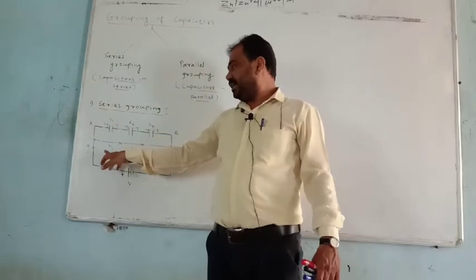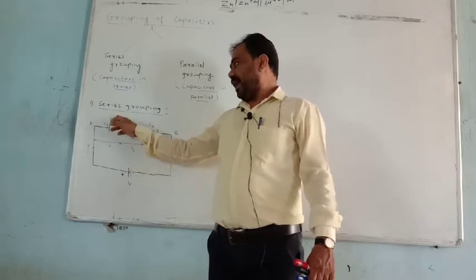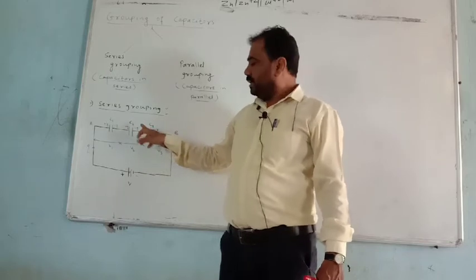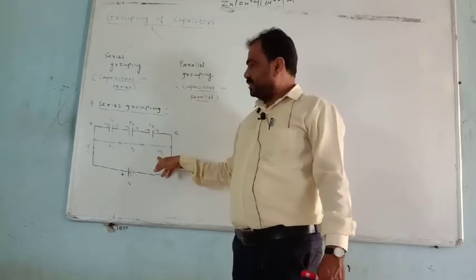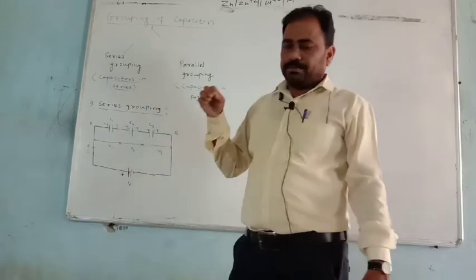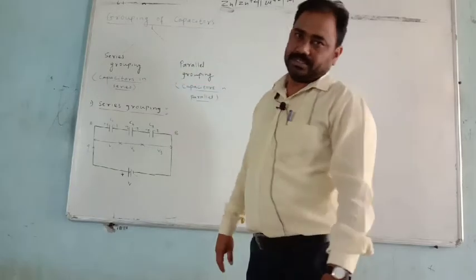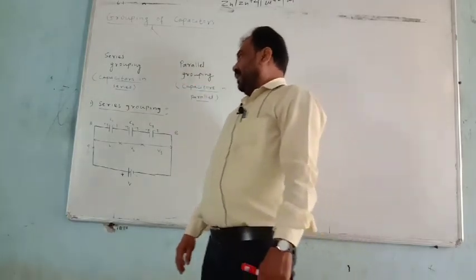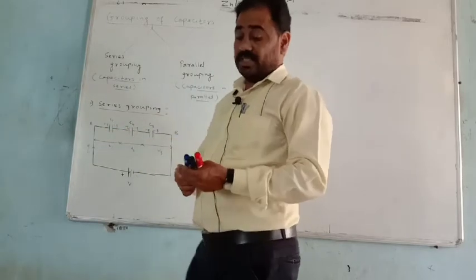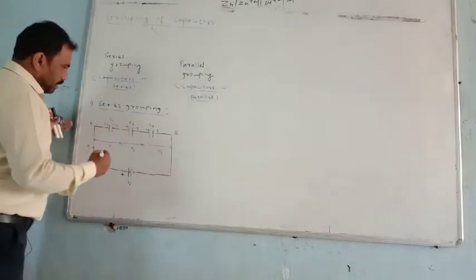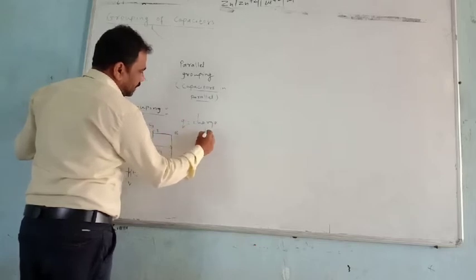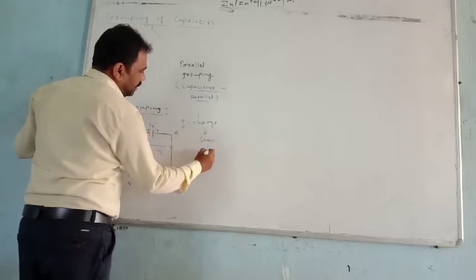So one battery is there across these three capacitors, C1, C2, C3, and across each capacitor there will be a potential difference. See here, there is a potential difference V1 across C1, then a second potential difference V2 across C2, and a third potential difference V3 across C3. These are the potential differences across each capacitor. Okay, and here Q is on each plate. Q is the same. What is Q? It is the charge.